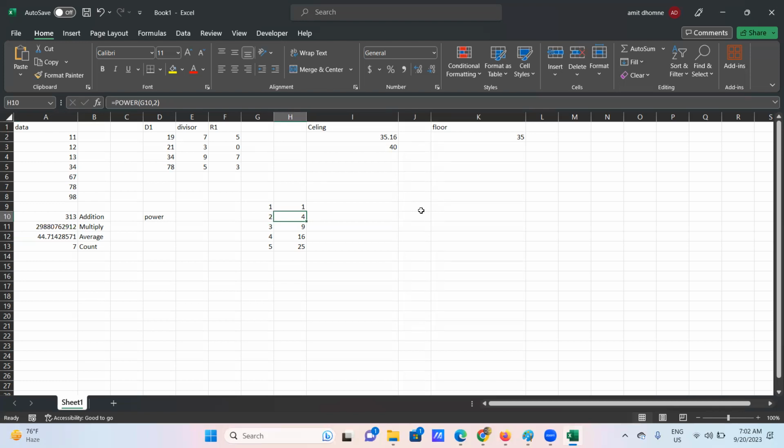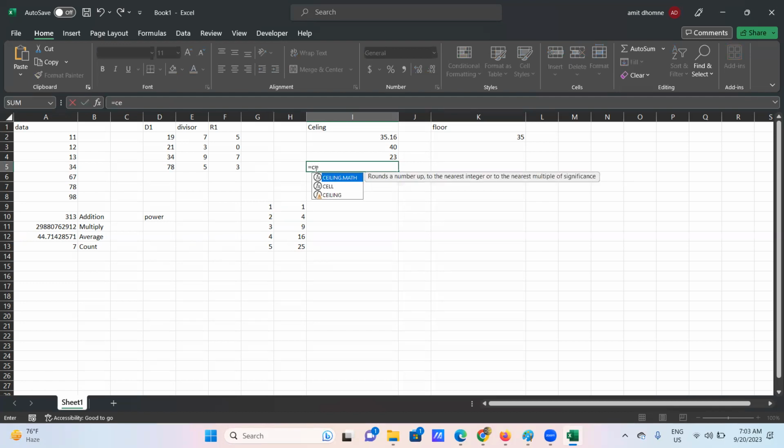Yes. Is it good? Now if I say I want to find the ceiling value for any value, let's take 23. I want to find the ceiling of 23 in the multiple of 3. So let's see, equal to ceiling, and I want to find the nearest multiple of 23. Okay, let me just change it,